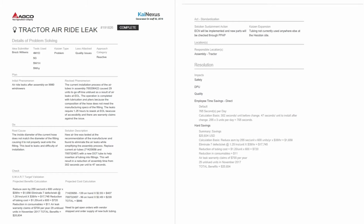So in our KaiNexus form, what we use here is a PDCA, Plan, Do, Check, Act methodology, where we take the initial phenomena that the ride leaks with the 9980, we get it to the revised phenomena, we understand the root cause. For this one, the inside diameter of the current hose does not match the diameter of the fitting, causing it to not properly seat onto the fitting, and this led to the leaks and difficulty of the installation. We have the solution description, what we need to do. We also enter the tasks associated with that, what tasks we need to do to correct this problem, and then we do